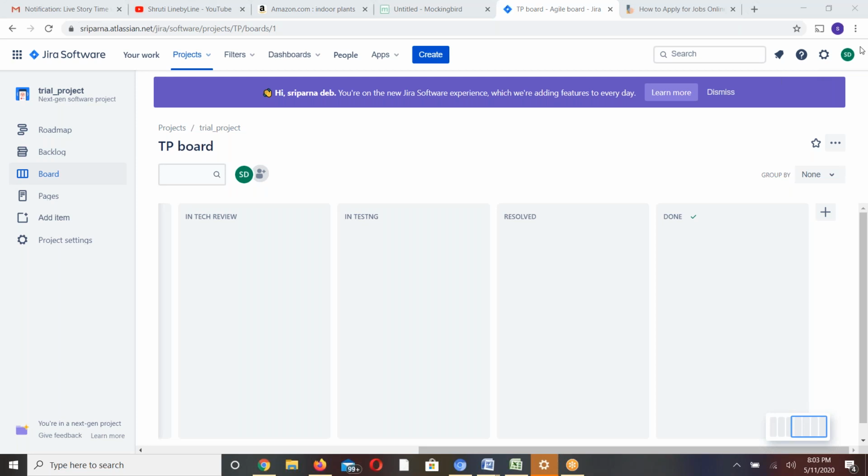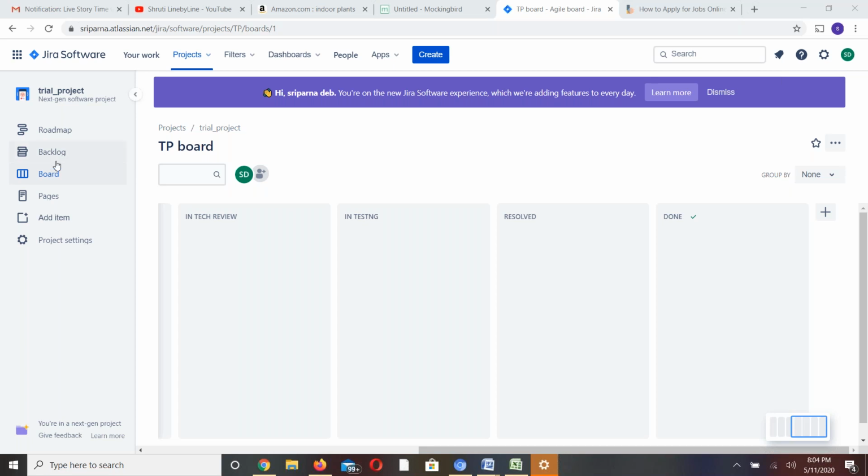So for example, you can add developers, you can add testers, you can add BAs, and you can put the items accordingly into the cycle. So that anyone looking at this board should know how many items are there, how many are in progress, how many are in development, how many are in testing, how many are resolved, how many are completed, with whatever all the formalities.